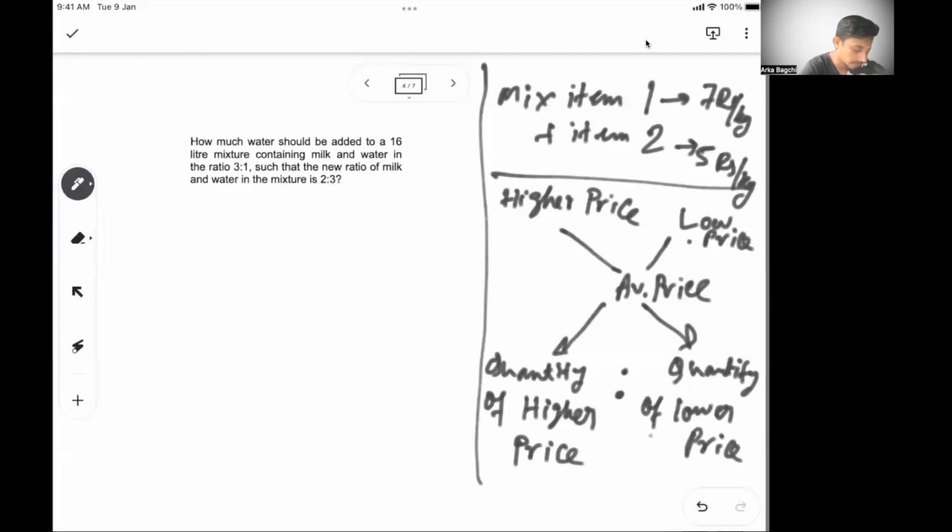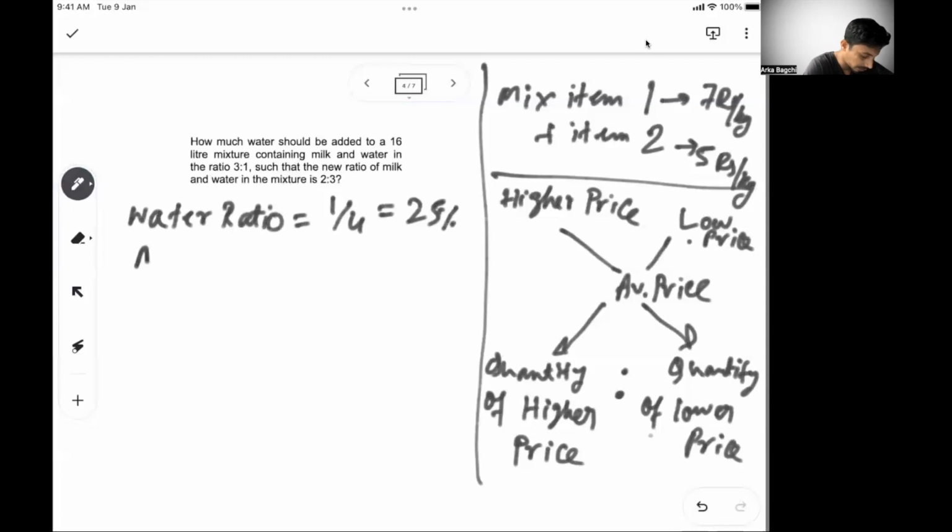of 3:1? So the water ratio is 1/4 or 25%. Now, if you are adding water, then the water content must be 100%. And they said in the resultant mixture, the water should be 3/5, such that the new ratio of milk and